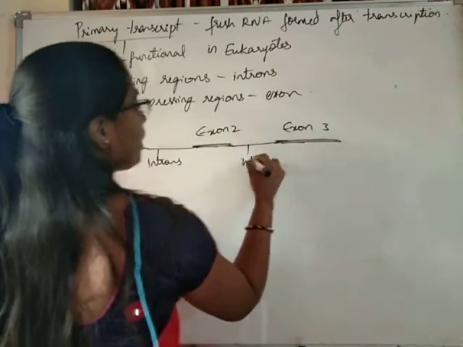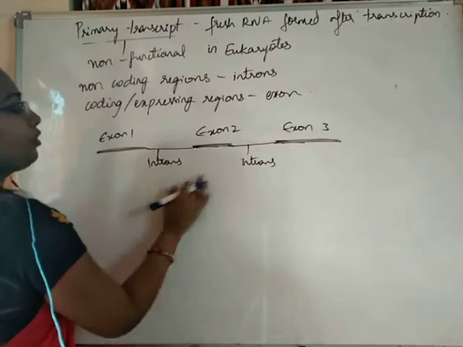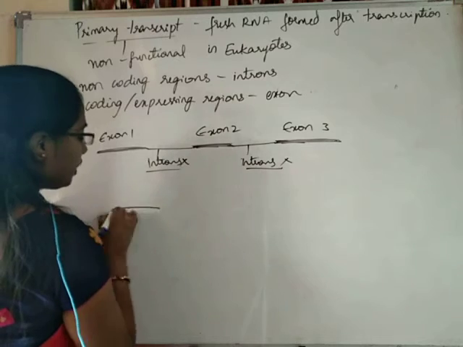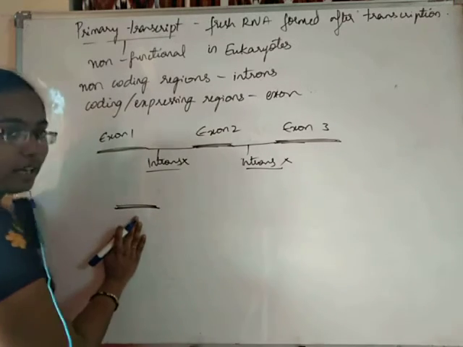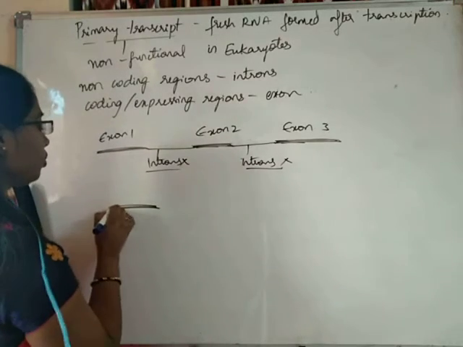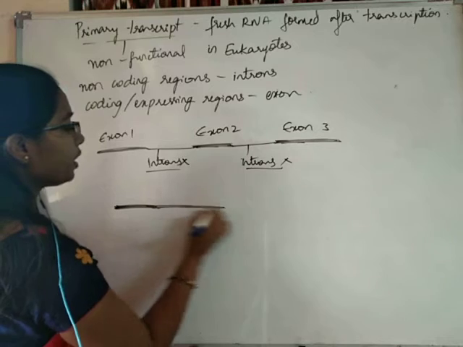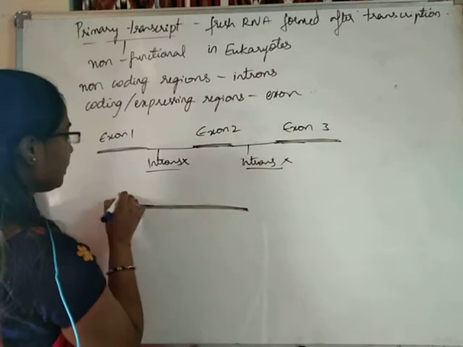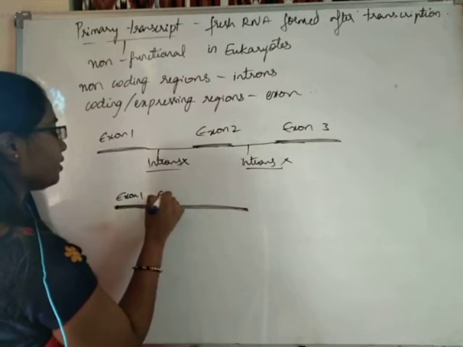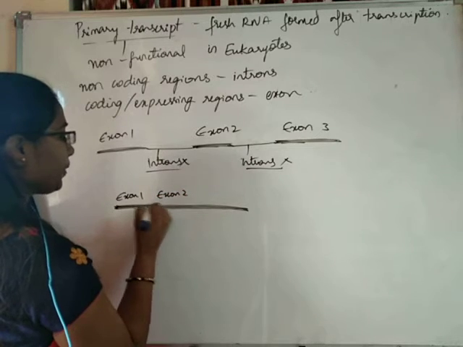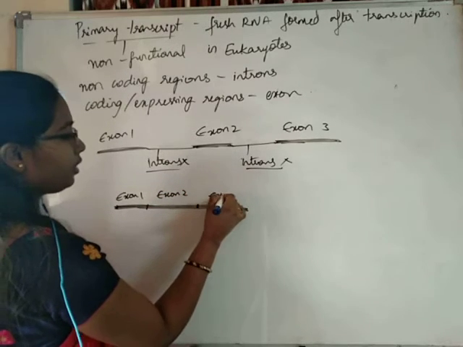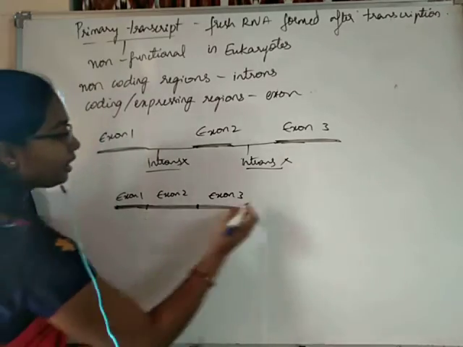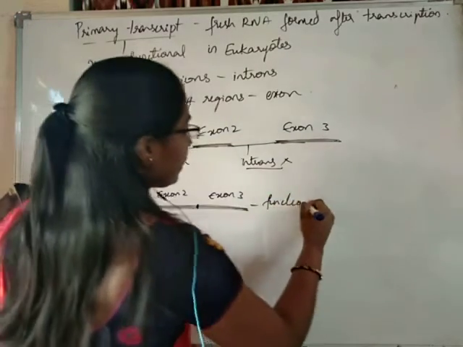Now, these introns have to be removed from the RNA. So, for the mRNA to be made functional, introns are removed and all the exons are joined together: exon 1, exon 2, exon 3. In that way all the exons will be joined together to make a functional